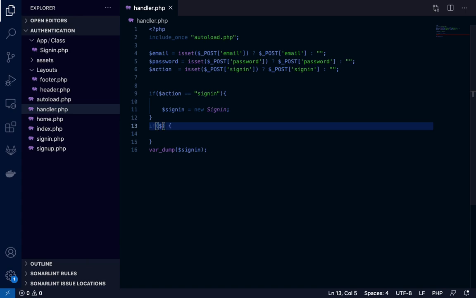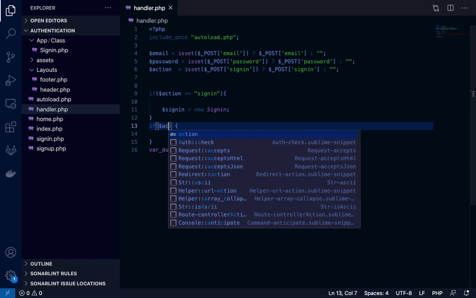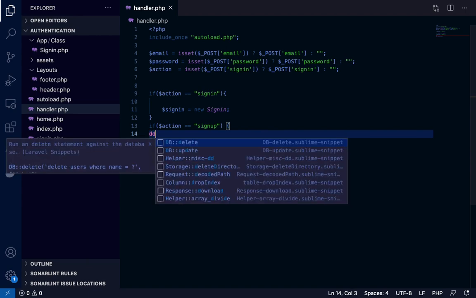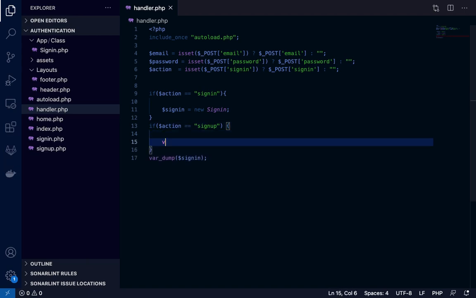If action equals register or sign up, then